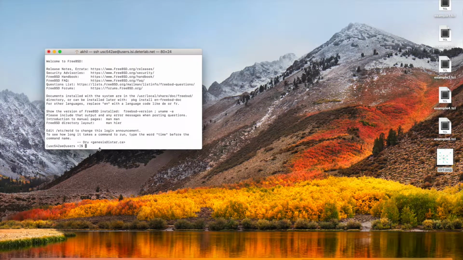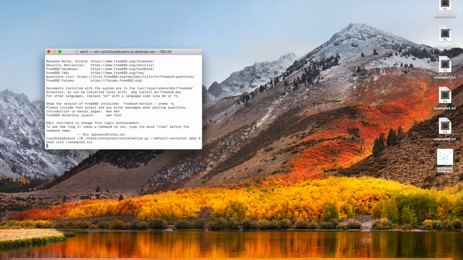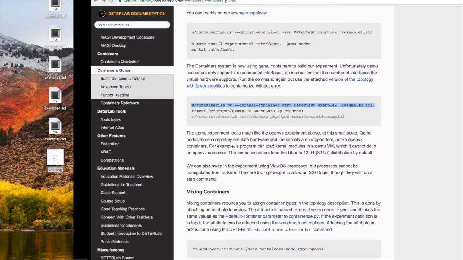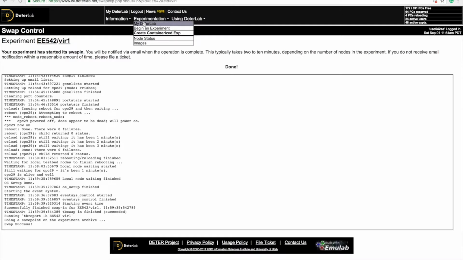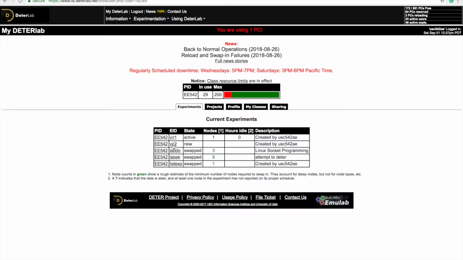Just change the experiment name you want to create and the directory name. I'll be giving e542 space vir2. This will take a minute, and now we'll go into the Datalab and see if the experiment has been created or not. We'll refresh it and we can see that the experiment has been created with the name vir2,